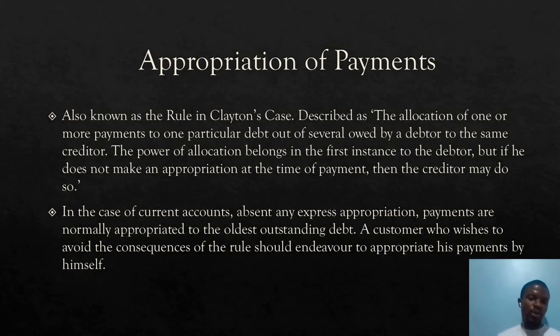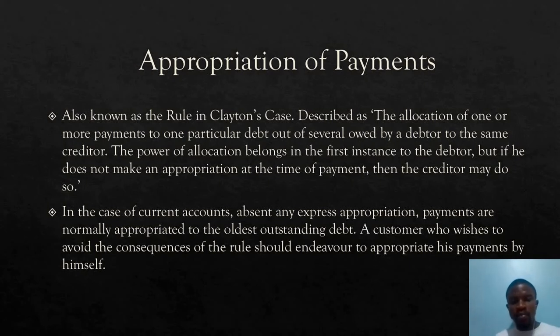The first one to be due is your 200,000 naira loan. The second one to be due is your 300,000 naira loan. The last to be due is your 500,000 naira loan. And as you're paying back these loans one after the other, you realize that one is becoming due faster than another. And then one day you decide to give the bank 200,000. Now, in your mind, you believe that you are just trying to offset the loan that is more due, but you did not communicate this intention to the bank.